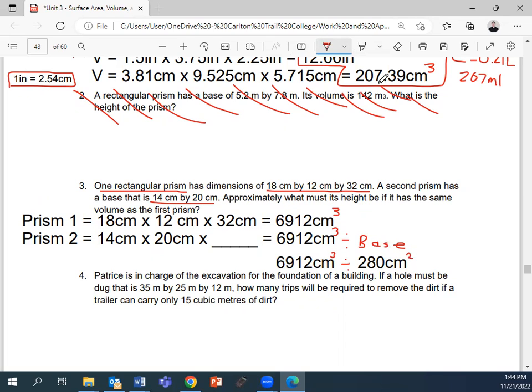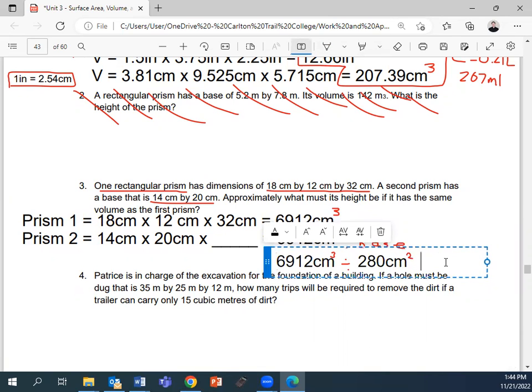So that's why I got the squared there. So my final answer here is just 6,912 divided by that 280, which is the area of the base. That gives me 24.69